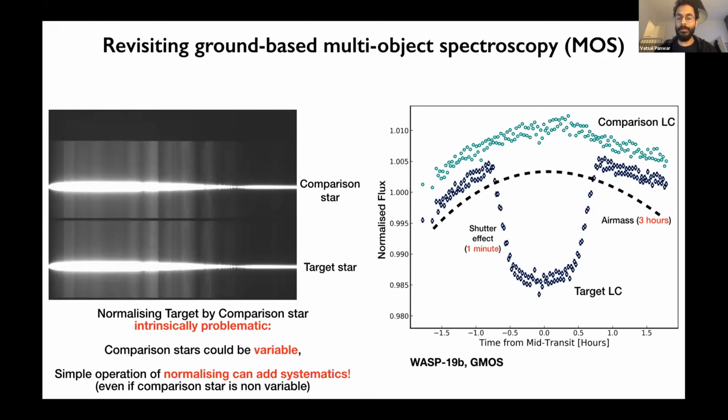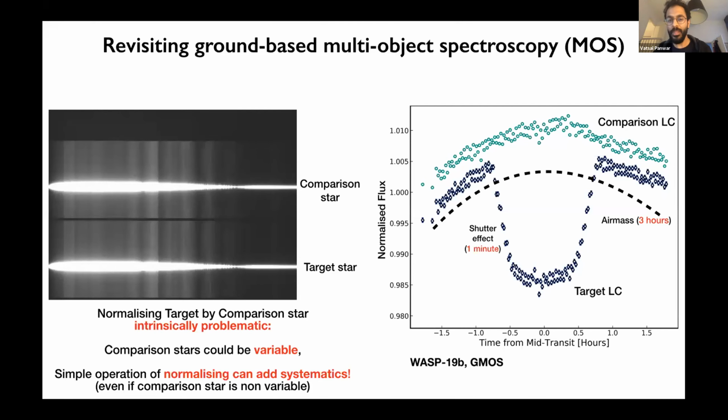And if you go ahead and just approach this by a simple normalization of the target by the comparison star, there is an intrinsic problem there because your comparison star could itself be variable, which would actually imprint an effect on the final transmission spectra. And even if the comparison star is not variable, you would still be adding systematics which are not affecting both the stars